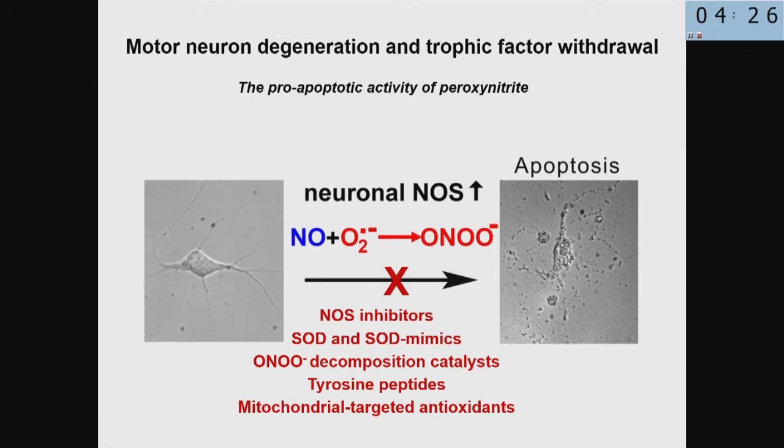So different models have shown effectiveness of these compounds, and I will just show one of them, which is motor neurodegeneration. This work has been done in collaboration with a very gifted neurobiologist and friend in Uruguay, Luis Barbeito, from the Pasteur Institute, Montevideo. This has been a very important collaboration through the years. We know that motor neurons, upon growth factor deprivation, die via apoptosis, and this pathway involves the formation of peroxynitrite and oxidative stress,